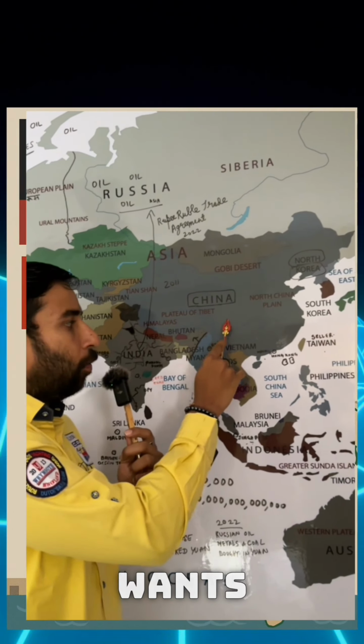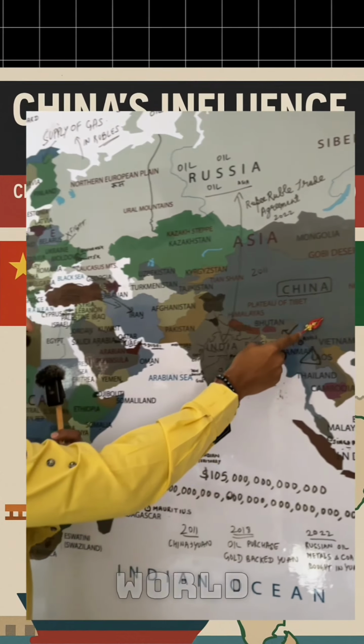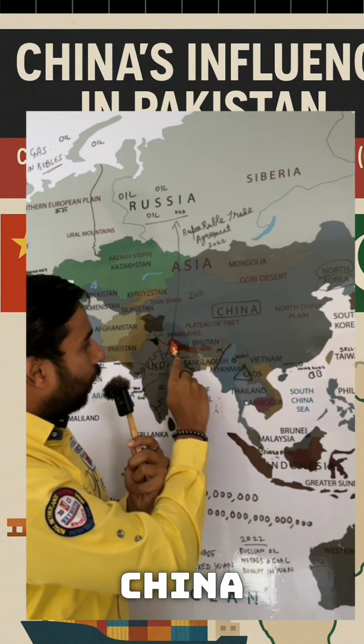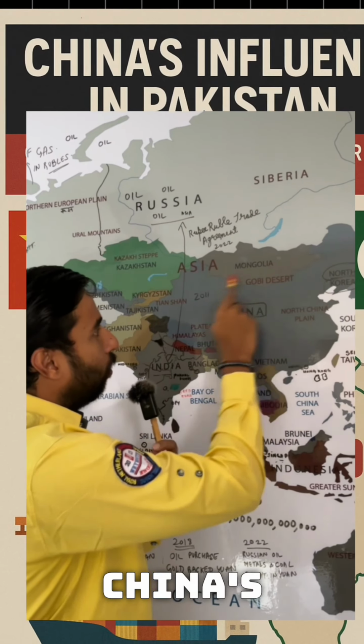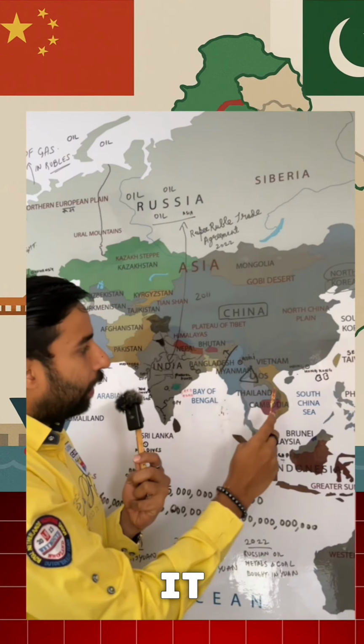So this right here is China. Now China wants to export everything to the world. Now you can see here, this is China's boundary. So everything that it needs to export, and most of all the export, goes